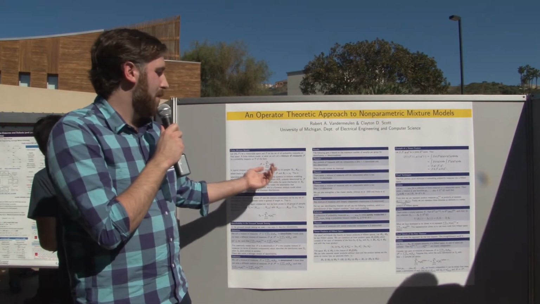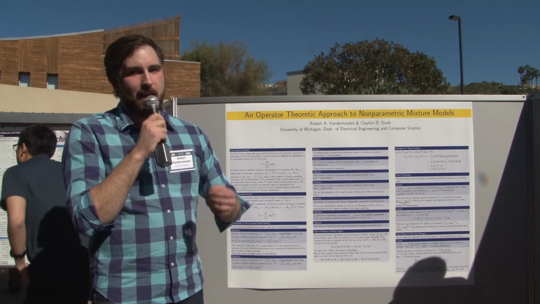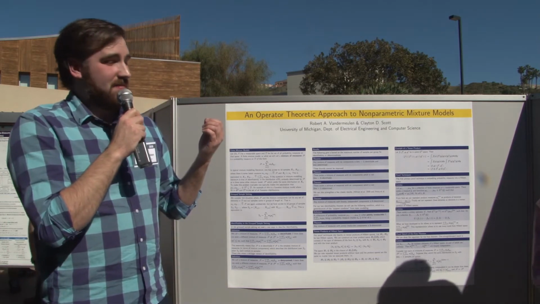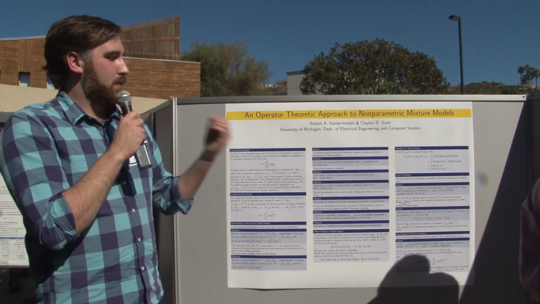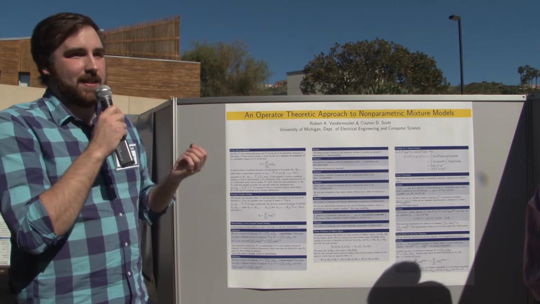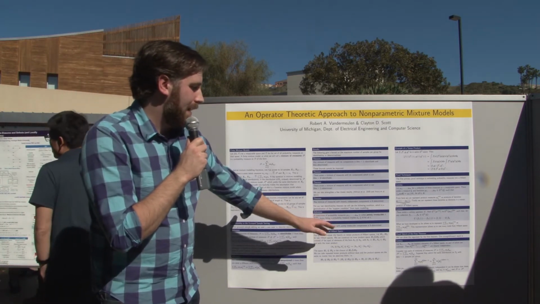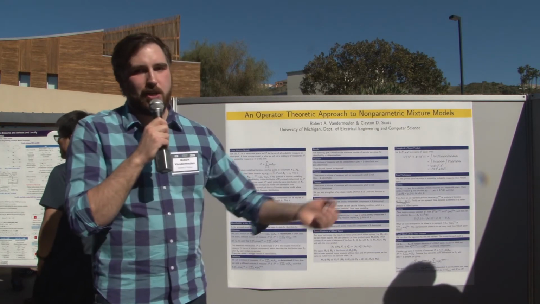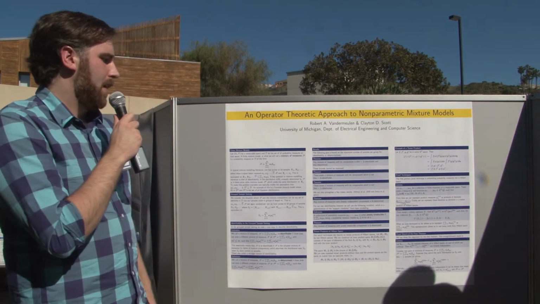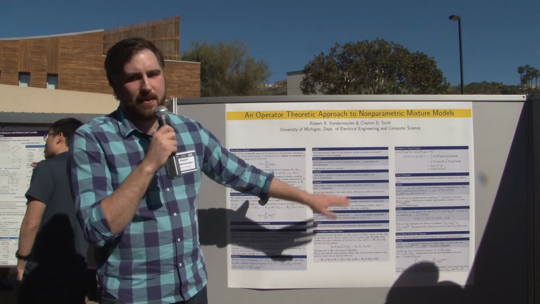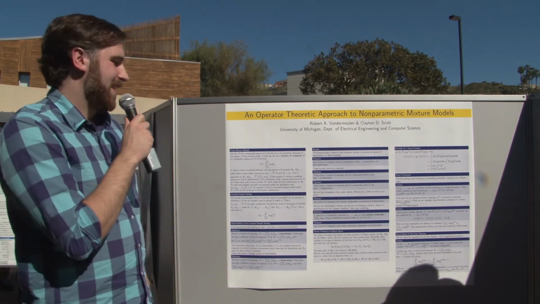Also, if your mixture components are linearly independent, then 3 samples per group is enough to make it the only mixture model that describes our data. And if your components are jointly irreducible, you only need 2 samples per group to describe your data. And these are all generalizations or strengthenings of previous results.